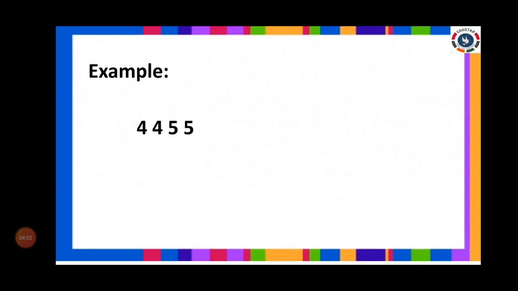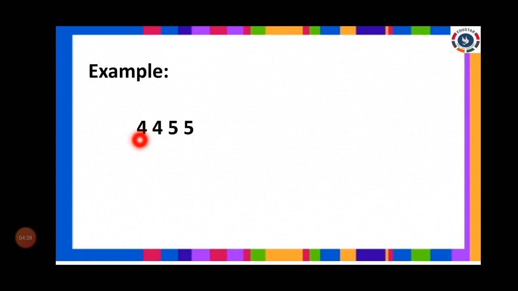Example. 4,455 is given. The first 4 is in the first place. So the first place, that is number 1. It is an odd place. Okay, number 1, 3, 5, 7 and all odd numbers, isn't it? Now we are going to select odd places separately and even places separately. So first number, second number, third number, fourth number. Okay, we are giving the places here.